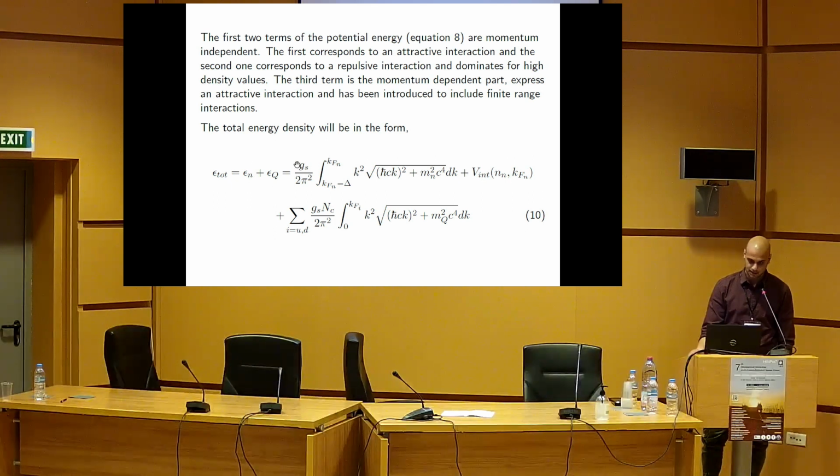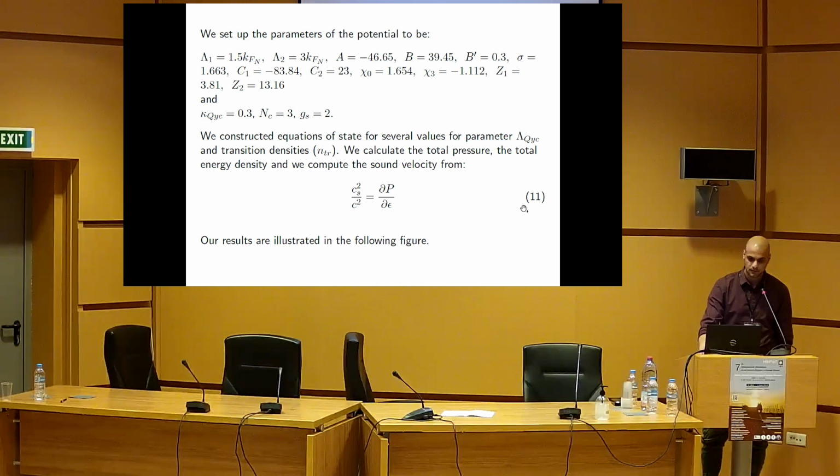The first term is for neutrons, and the second 2 terms are for up and down quarks, respectively. The parameters of the potential are in this form. We set the number of colors to be equal to 3, and the spin degeneracy to be equal to 2. Now we construct the equations of state for several values of the parameter lambda, and for several values of